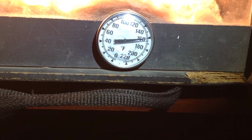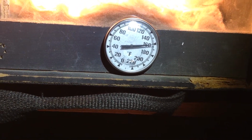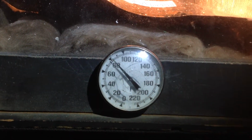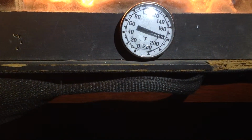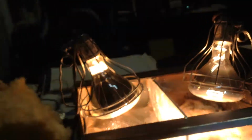So in less than 2 minutes, we're already over 140 degrees, and the other side is pretty much what we started at, which is 80 degrees. We're at 82. Now you can see how much the heat just takes over, and now we have basically maxed out the gauge